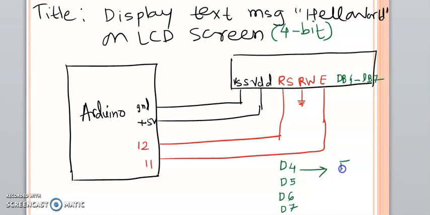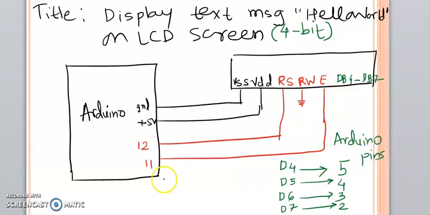So you can select any. I am going to take pin numbers 5, 4, 3, but make sure that you take them in a sequence so you will not get confused. So these are nothing but the Arduino pins. So I am going to connect these to Arduino pins. Instead of drawing that through lines, here I have noted it. So this is nothing but our configuration. So if you configure the LCD with this and interface it with Arduino, then Arduino should be able to display the hello world message. Obviously you need to program that.